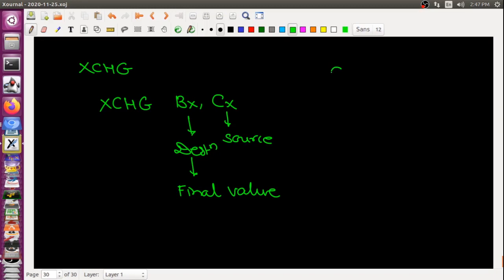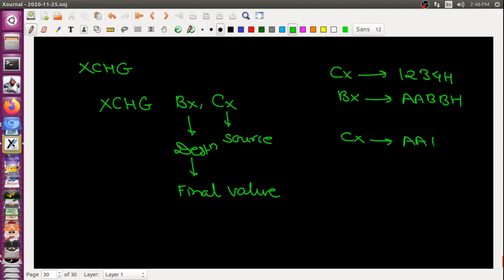For example, if in CX I have 12348H, and in BX I have a value like AABBH, because both are 16 bit, then after the execution of this instruction, CX will have the value AABBH, and BX will have the value 12348H. The operation performed here is on the word basis.